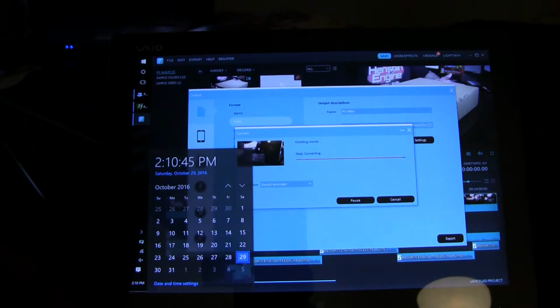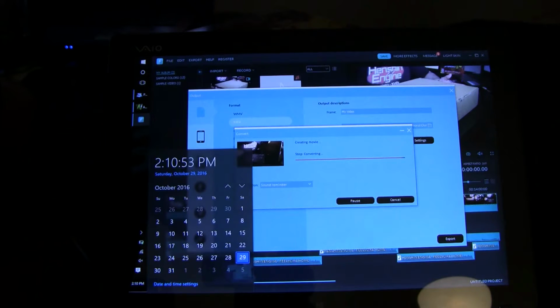Okay, so here we are, we're back, and it looks like it took just shy of 28 minutes to encode a 15-minute video at 1920 by 1080 at 60 frames per second. It ended up being an MP4 file. I don't know if that's good. It seemed kind of long for a video of that size, but I also don't really...